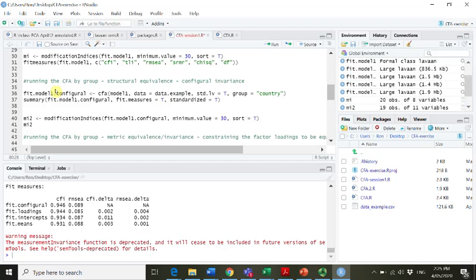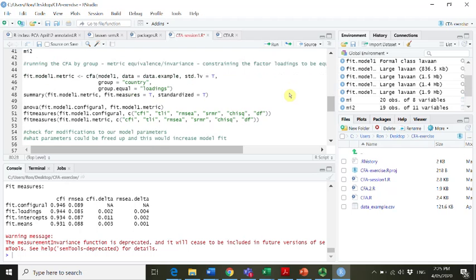right? So we would run our configurable invariance test by running our standard CFA command and adding a group statement, right? So where we would run and test the parameters separately by country, so basically by sample. And then if we wanted to constrain, let's say, for example, the loadings to test for metric invariance or metric equivalence, then we had to basically add that manually. Group equals